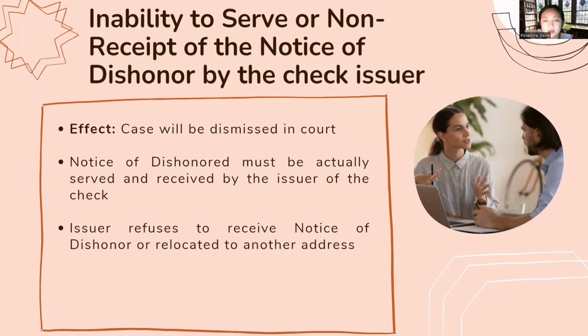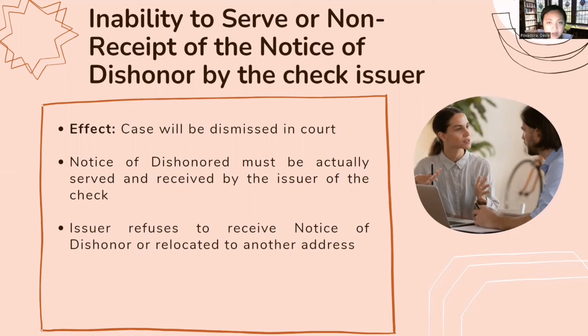The lack of the written notice of dishonor is fatal, which could lead to the dismissal of the case. To hold a person liable under BP 22, it is not enough to establish that a check issued was subsequently dishonored. There must be proof of receipt of a notice of dishonor because it gives the maker, drawer, or issuer an opportunity to satisfy the amount indicated in the check and prevent prosecution. It must be shown further that the person who issued the check knew at the time of the issue that he does not have sufficient funds in or credit with the drawing bank.